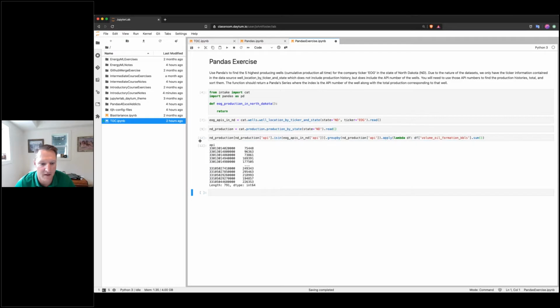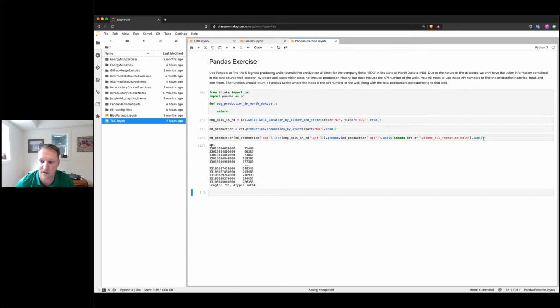If I do that, look how fast that ran. It did the whole thing. It found the intersection of the 1.2 million rows to get that down to the 61,000 rows, grouped them by API, and then summed all months of production over that. And so this is the total production for every single well that EOG has in North Dakota, sorted by API.